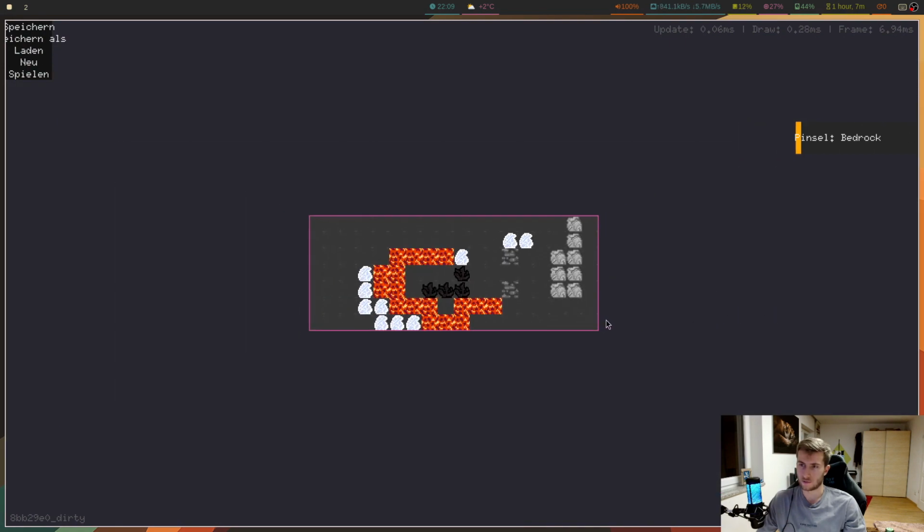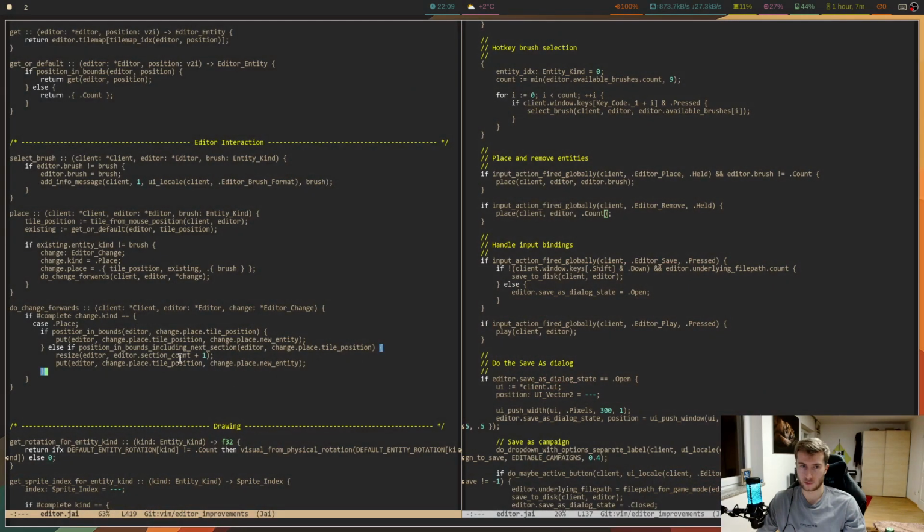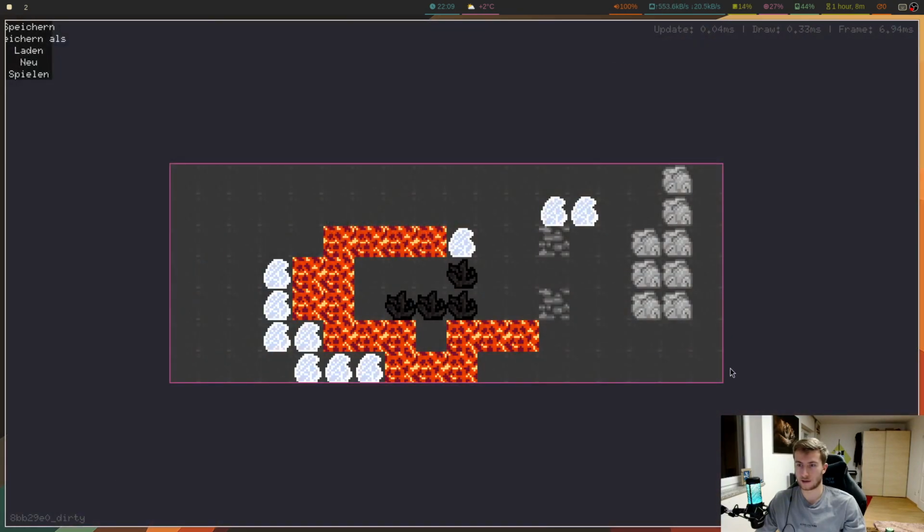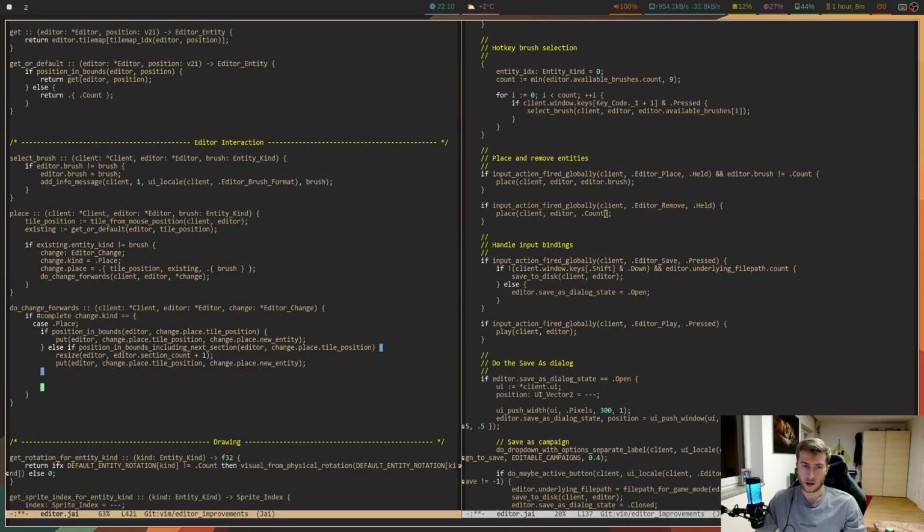So if I press right click on there, it doesn't actually resize, which is the expected behavior in a sense. Oh no, it actually does make sense, because there's no entity at this location and we're trying to place no entity, so to say. So it realizes, hey, that wouldn't change anything. Which is interesting. Okay. Anyway,